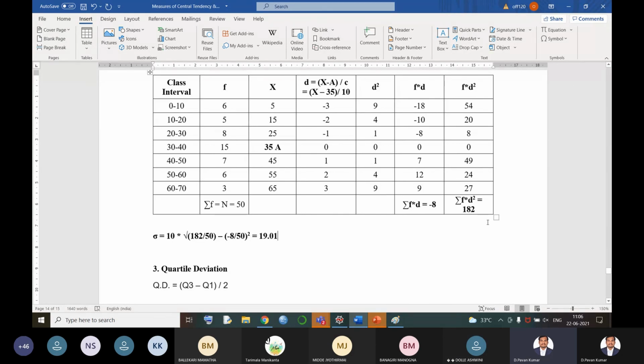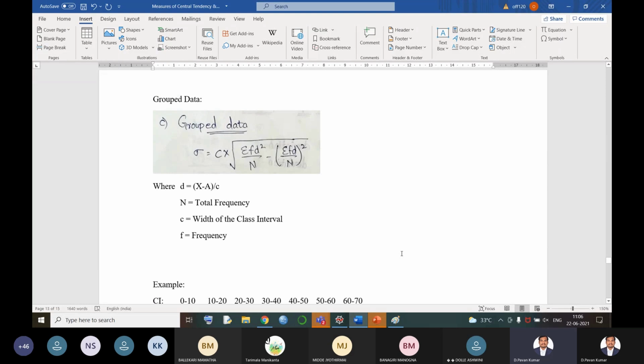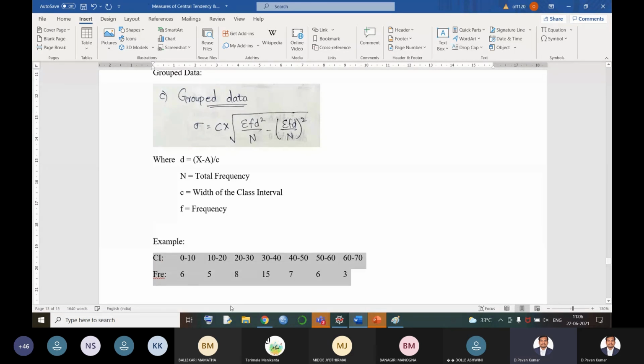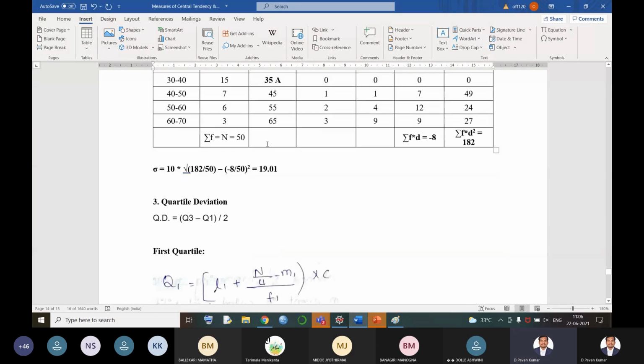Once you see the problem, it might look difficult, but while calculating it will be simple. Our logic in finding the answer is to identify the formula. What is the formula to find out the problem? And then you try to grab these values from the table. Whatever the problem given to us, where the class intervals and frequencies are given, just drag these values and get the answer. So simply finding the answers, we have got this one.